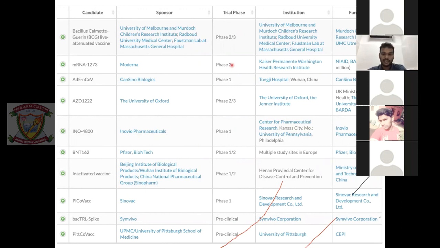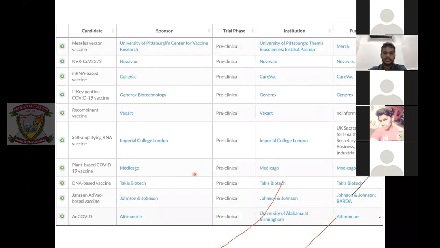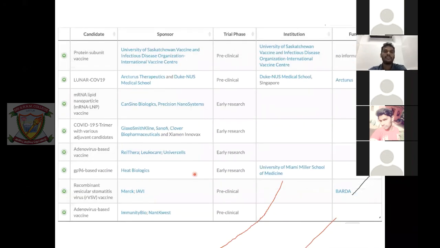And so here are some of the other vaccines from various different companies and research institutes. So totally there are 28 vaccines currently. To give you the number, 28 vaccines are in the market right now. Market means in the pre-clinical and late clinical studies currently.